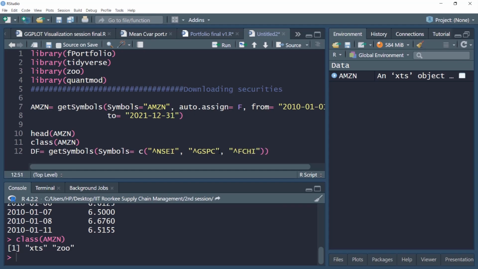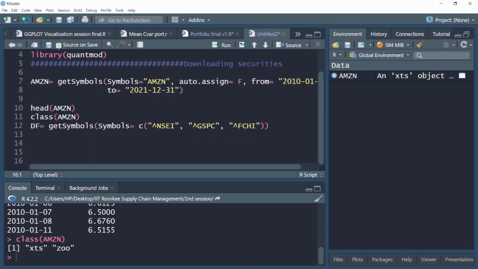Then we have FCHI, which is for CAC 40, a major index in France. It's a major national index. Then you have GDAXI. This is for DAX Germany, the major market index in Germany.